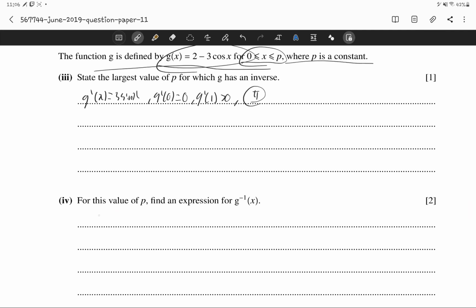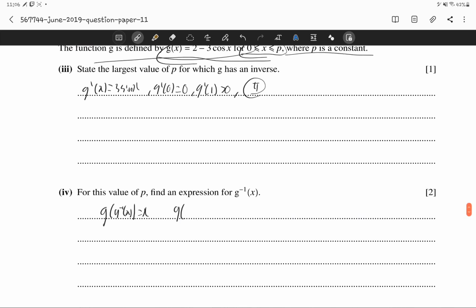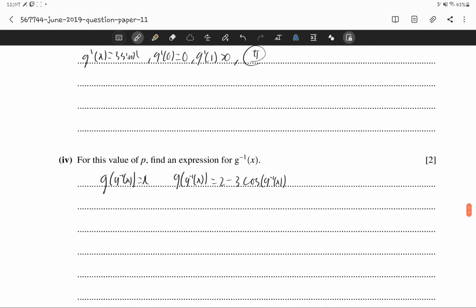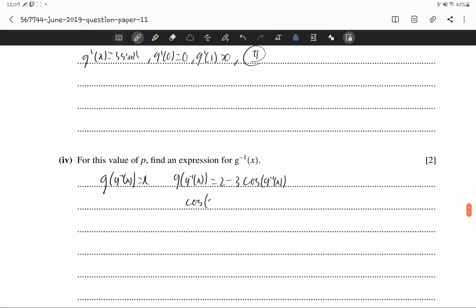So g inverse, that equals 2 minus 3 cosine of the inverse function of g, and so that's cosine of the inverse function of g equals,